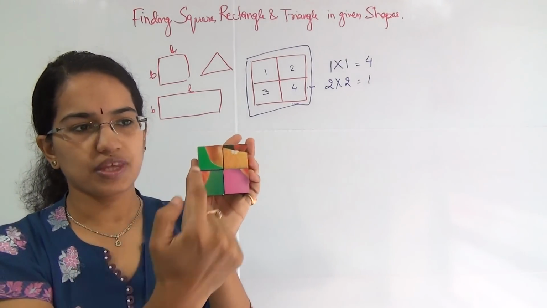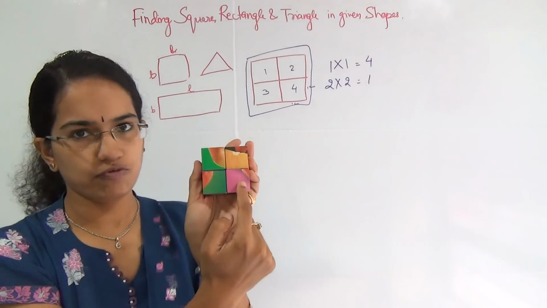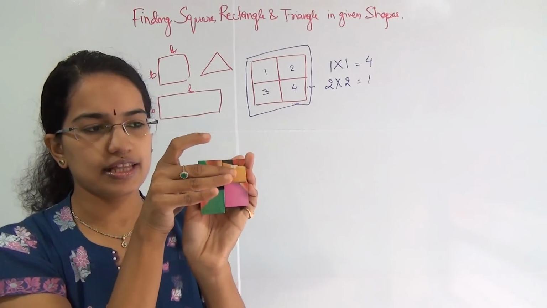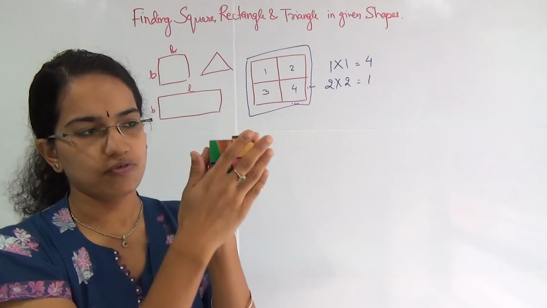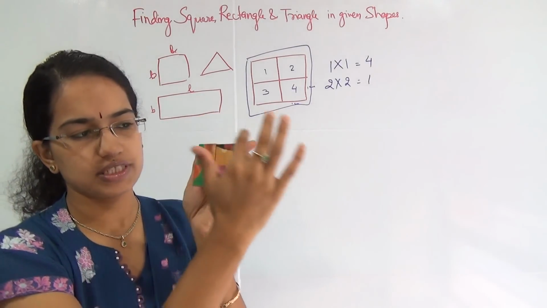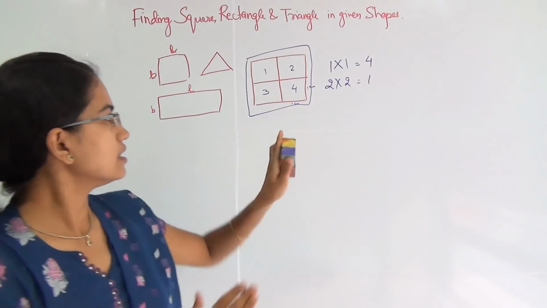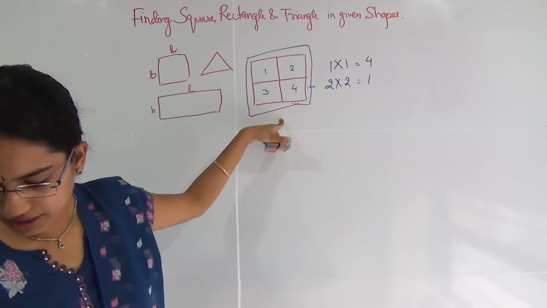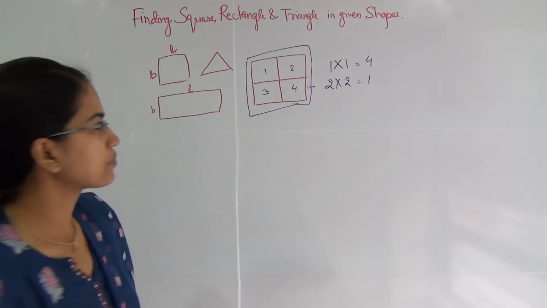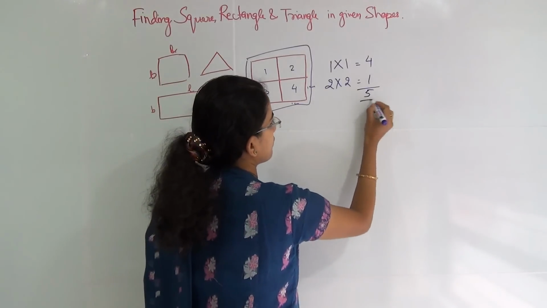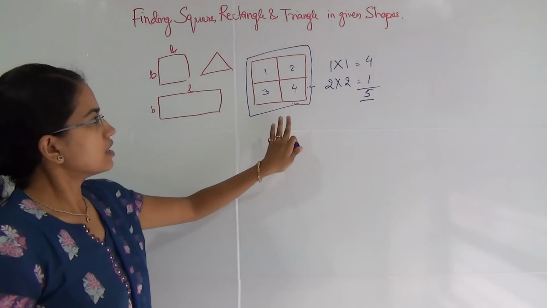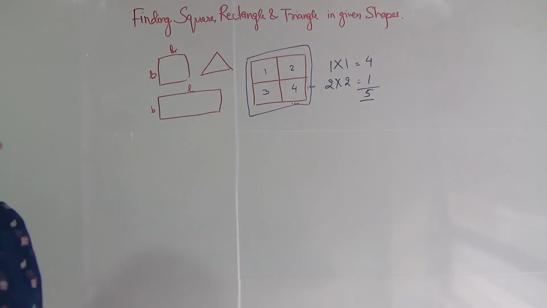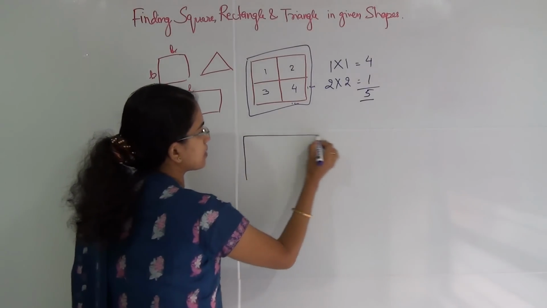Now as we can see, we have 1, 2, 3 and 4 squares which are of the size of single blocks, and then if I join 2 blocks together, I can form one more square which is this. So in this question, if you are asked what the total number of squares is, you can easily say there are a total of 5 squares, okay. So this is one of the simplest problems that we have started with. Now let's move on to the next step.